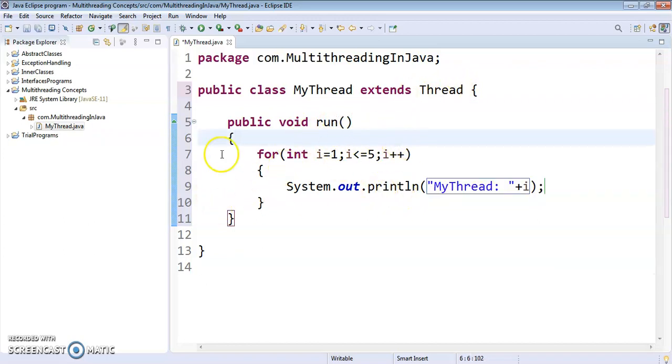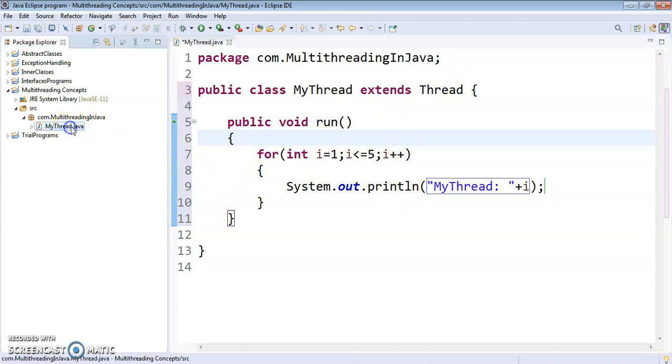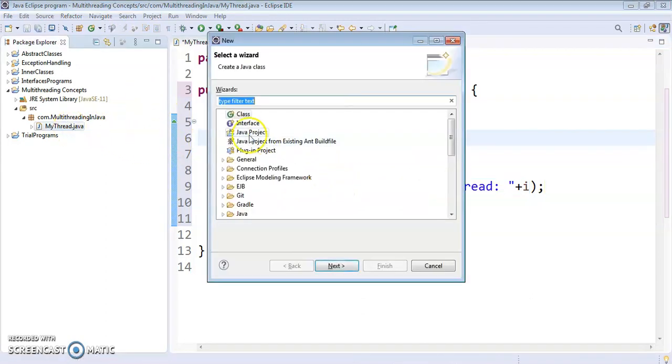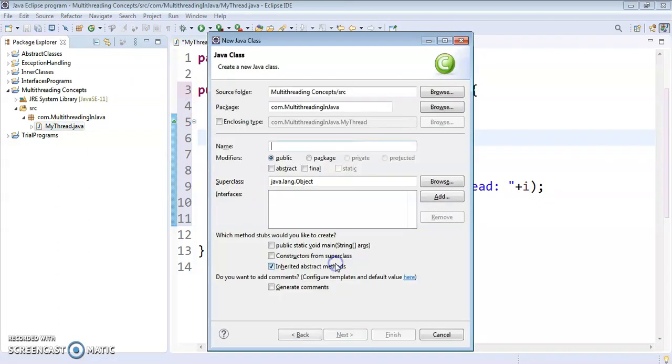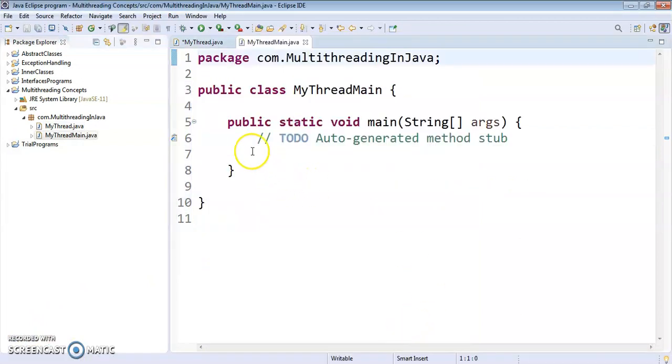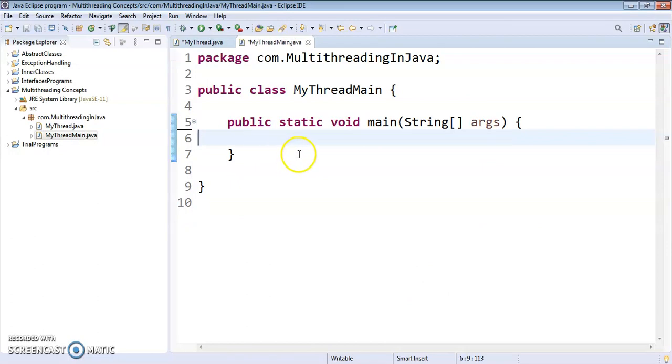Okay, now we will create one main method. So Control N. We'll create a separate class to execute the main method. MyThreadMain. Here in this class we will include public static void main.